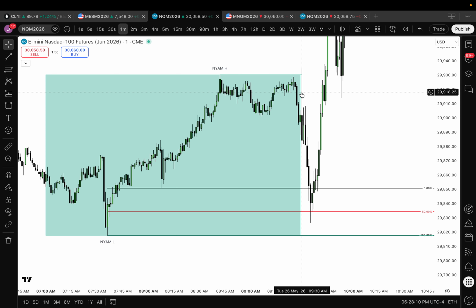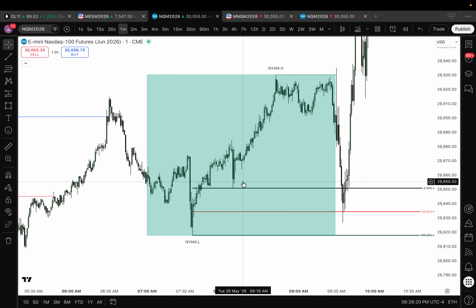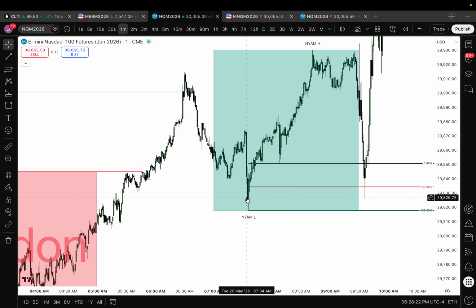I guess this was manipulation expansion. We went and we manipulated these highs out, right? And then we went down and manipulated this low. That garnered the trailed stops that I was talking about, because both retail and smart money was long in here. Smart money doesn't want retail to make any money. So smart money has codified the logic that